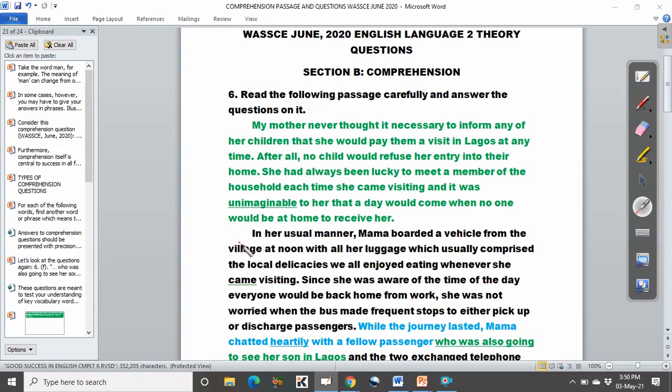In her usual manner, Mama boarded a vehicle from the village at noon with all her luggage, which usually comprised the local delicacies we all enjoyed eating whenever she came visiting. Since she was aware of the time of the day everyone would be back home from work, she was not worried when the bus made frequent stops to either pick up or discharge passengers. While the journey lasted, Mama chatted heartily